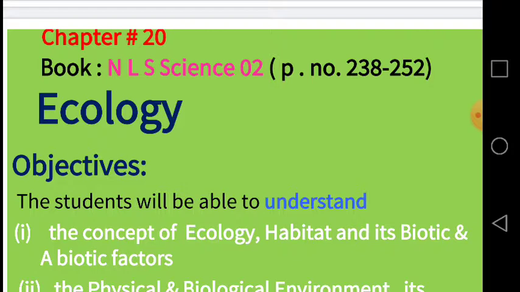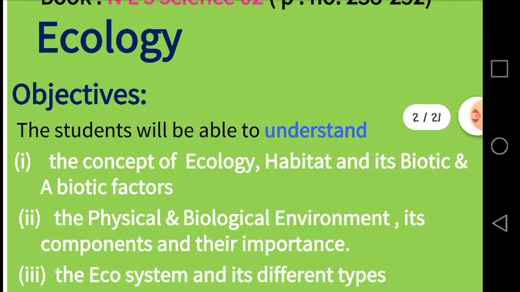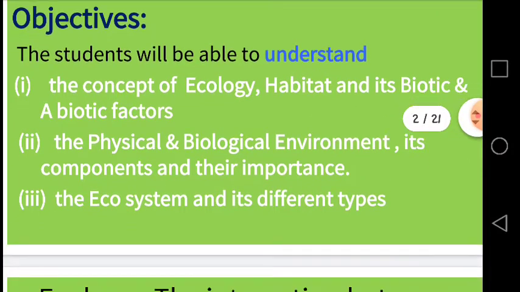Our objectives today: to understand the concept of ecology, habitat and its biotic and abiotic factors. Number 2, we will focus on the physical and biological environments, their components and their importance. And number 3, we'll be focusing on the ecosystem and its different types. So dear students, be ready. We are going to start with the